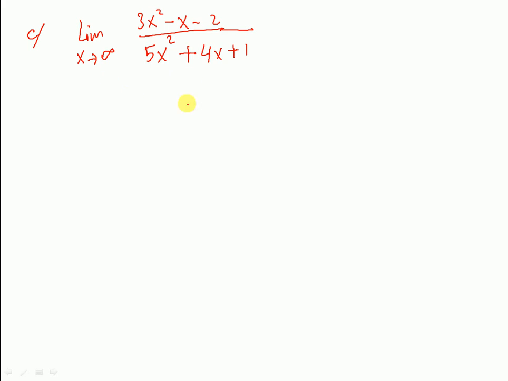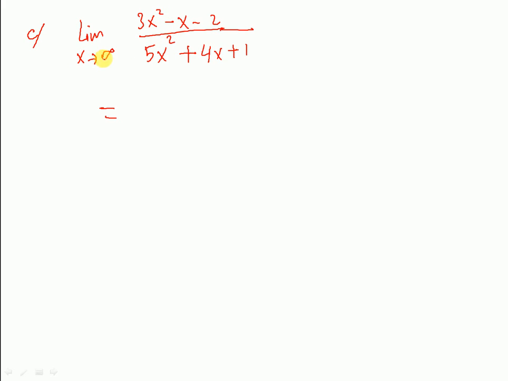Now we have the limit at infinity again, but this time it is a fraction, a rational function. So the rule for a rational function is: if the numerator and the denominator have the same degree, so on the top we have second degree, on the bottom we also have second degree,